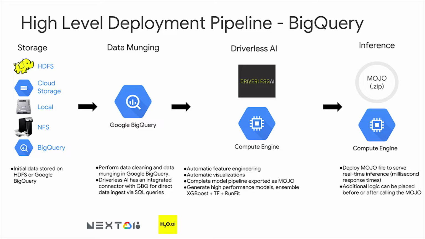But you can do the data munging directly in BigQuery, meaning formulate a select statement or a SQL query that gets you the data that you want. At which point you can just copy paste that same SQL statement directly into the Driverless AI UI through the data ingest. At which point you would be able to simply ingest that data, and Driverless will grab that data and then be able to run with it, same back end of the pipeline.